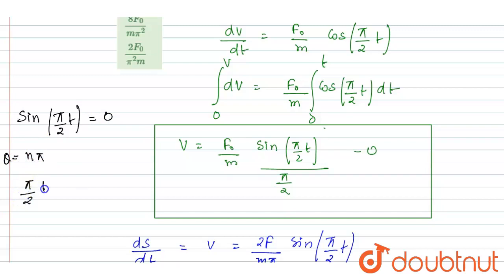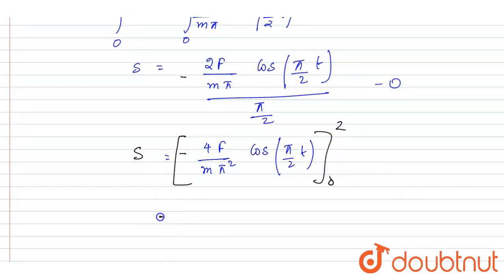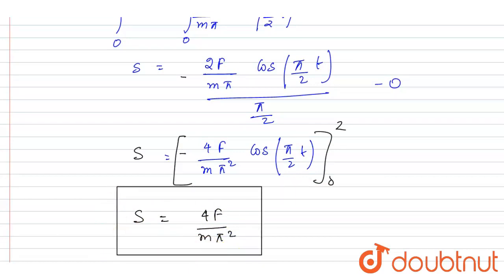So it will be 0 again when it is equal to pi, and that is t equals 2 seconds, right? So you can put the value of t equals 2 seconds, and as I told you, we are only considering the magnitude since we want the distance. So you can put the limits t equals 0 to 2, and after putting in the values, the magnitude of the displacement, the distance traveled, is 4F